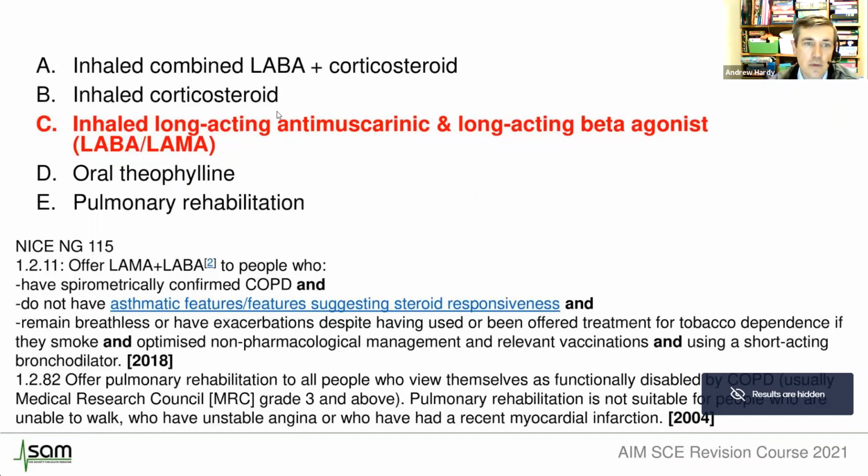The historical treatments were LABA ICS, your combination inhalers, things like Symbicort, Foster, Seretide, and the evidence base has been growing recently, and what we're saying now is that we would only use corticosteroid in people who've got asthma